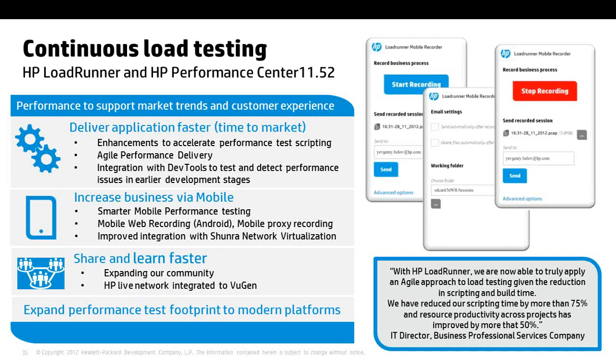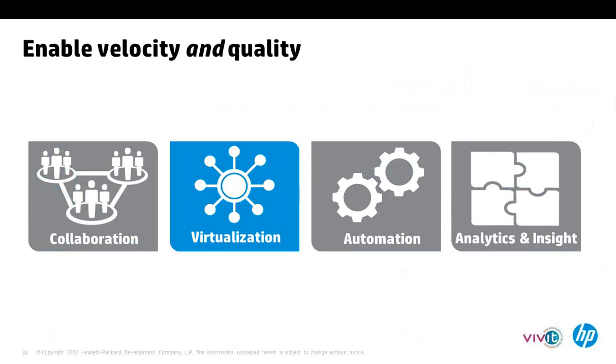Finally, I want to talk about enabling velocity and quality through virtualization technologies. Now, remember this technology for service virtualization: what we talked about is really to overcome the impediments in velocity that arise due to the dependencies in the system, the cloud and composite architectures that we are talking about today, where applications are no longer monoliths, but reliant on other systems, third-party systems, or even other services within the same organization to enable the end-to-end business process.